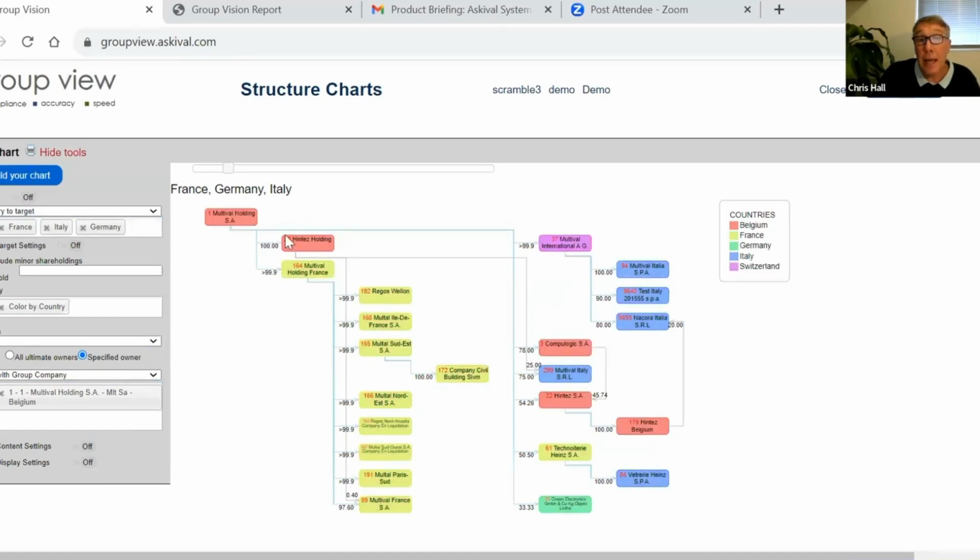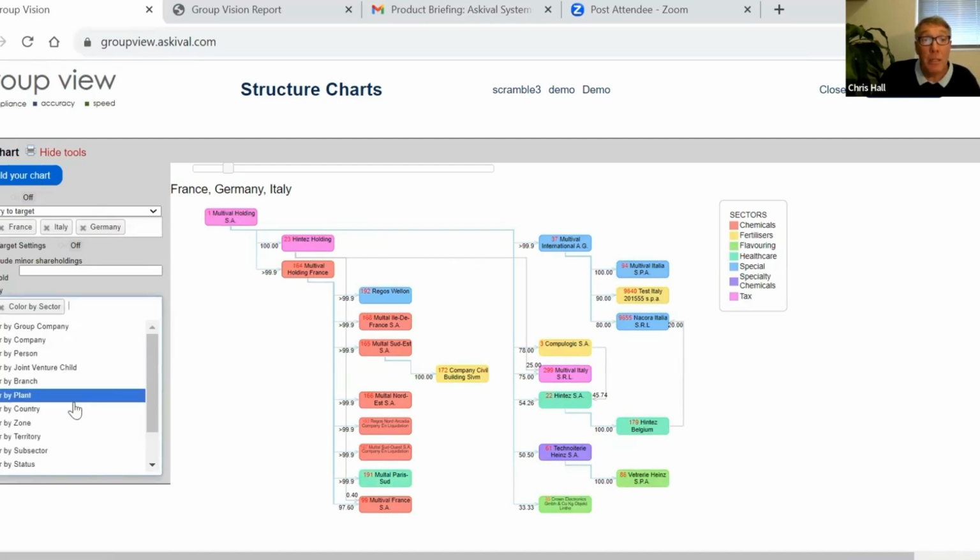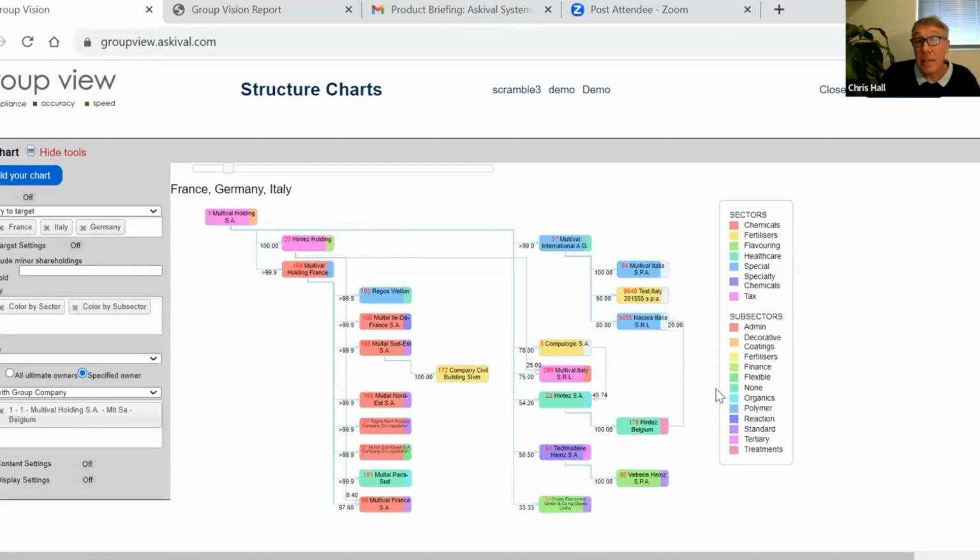So when you build your chart, now you'll see every single company that's coloured in. So it's really up to you. When you colour it in, we've coloured by country, but if we go colour by sector, you see that it's been coloured in with sector, and you can have as many choices as you want. You might have sectors and subsectors, and so you can have more than one colour in the thing. We're trying to respond to all the requests that we've been getting, and of course because Group